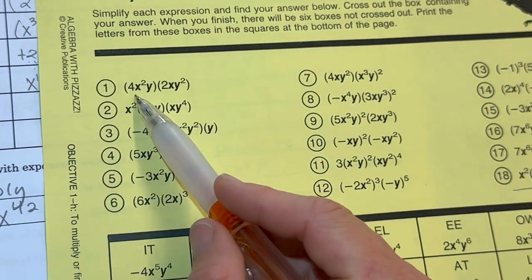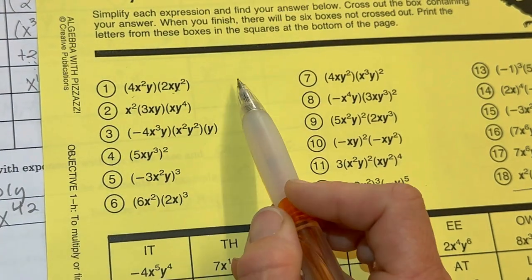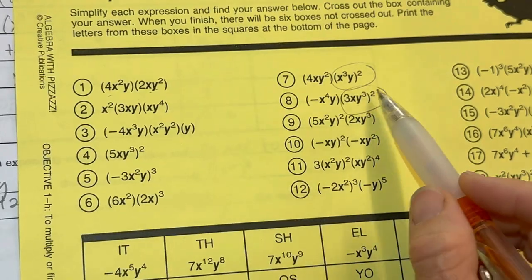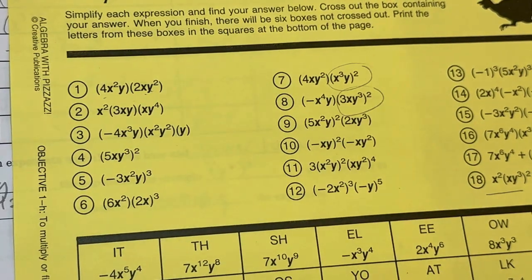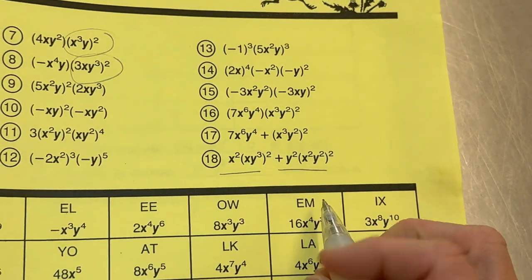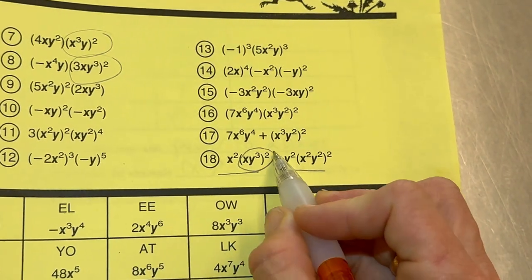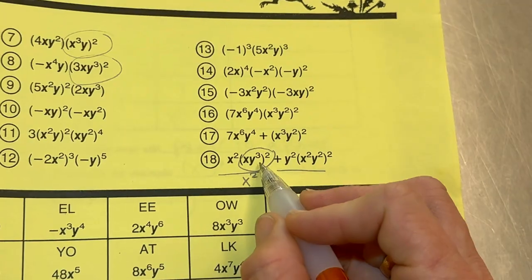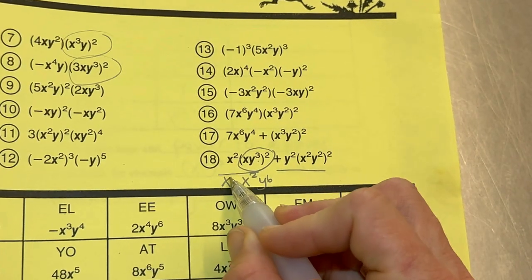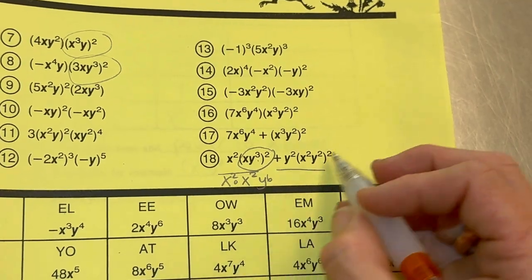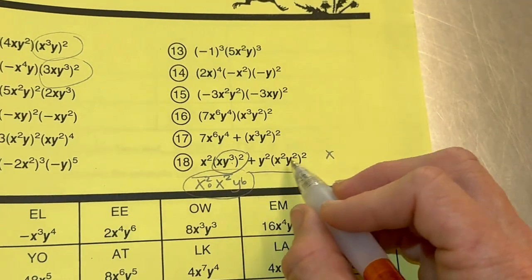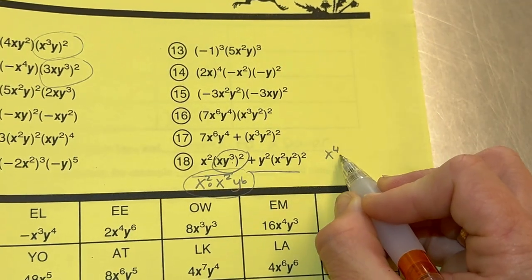So you can see that sometimes, like this one is just gonna be the old rule from before, but this one has the power, this one has the power. So you're gonna be looking at combining them all together. Hopefully this is not too hard for you. So here I have this one, that's gonna become x squared, 3 times 2, y to the 6th, times x squared. And so together, this first part is gonna be x to the 2 plus 2, 4, y to the 6th,